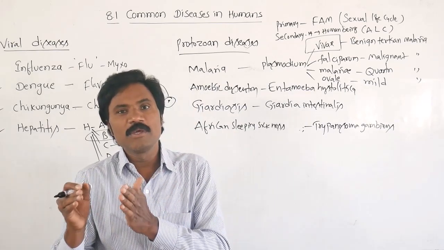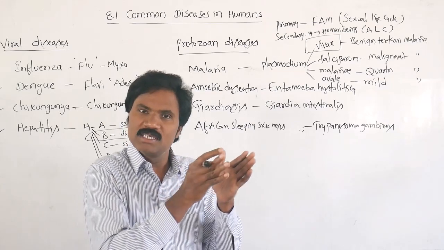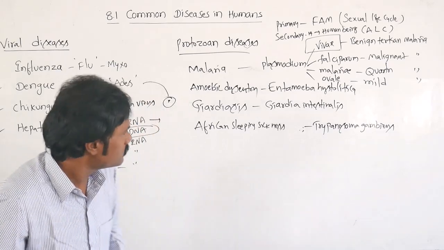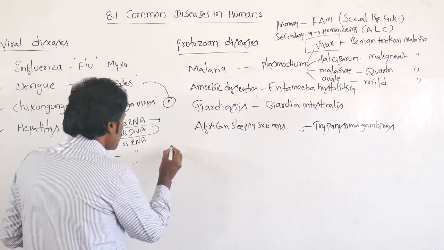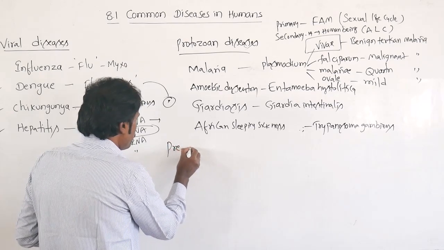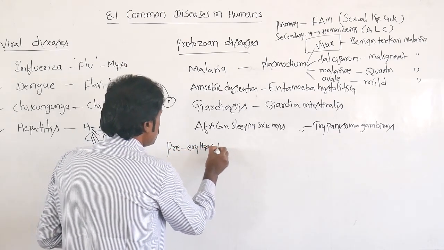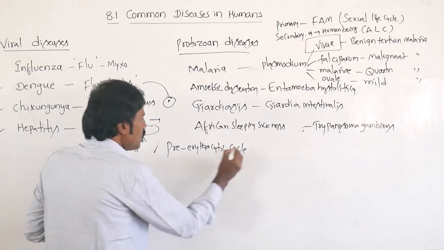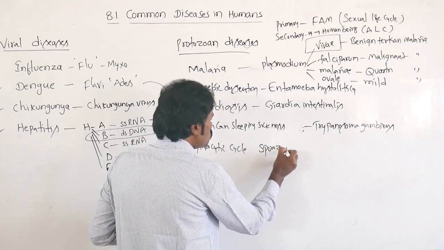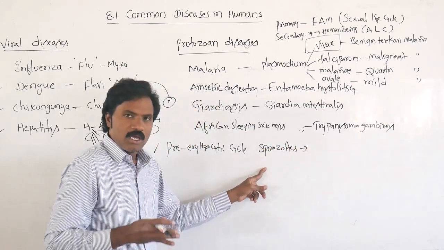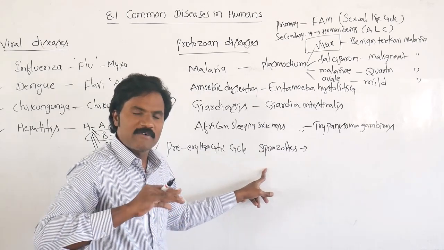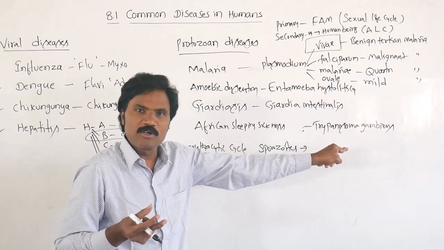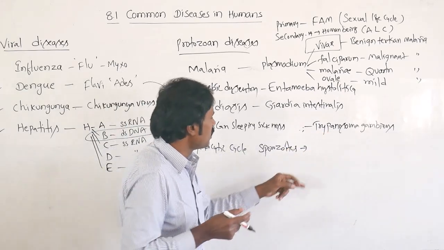The life cycle that completes inside the liver, without RBC, is what we call the pre-erythrocytic cycle. In this pre-erythrocytic cycle, what are the stages? Sporozoites, which are sickle-shaped. These sporozoites, with the help of schizogony, that means multiple fission, multiply and form into